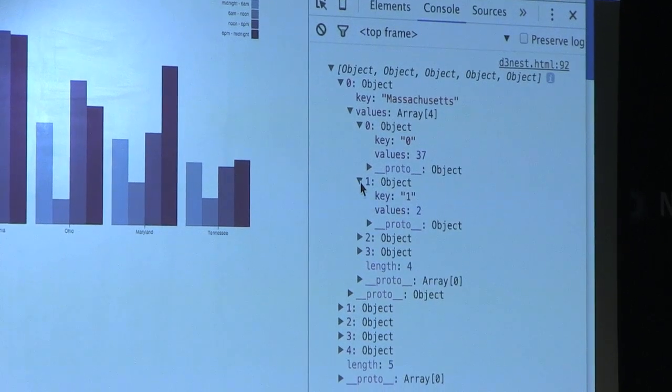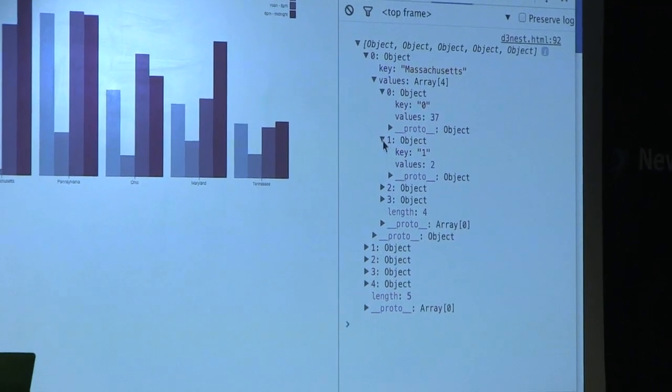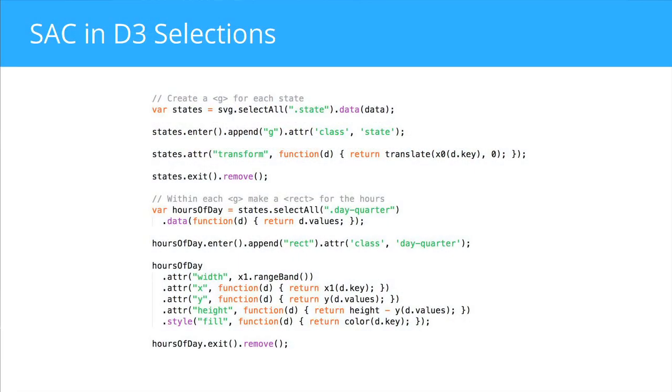The reason that this function exists is because that's exactly how D3 expects this data to be given to it. So if you look at D3 selections, and this is, to me, the most beautiful part of D3. I think D3 did a lot of things right, which is how it became a very popular toolkit.